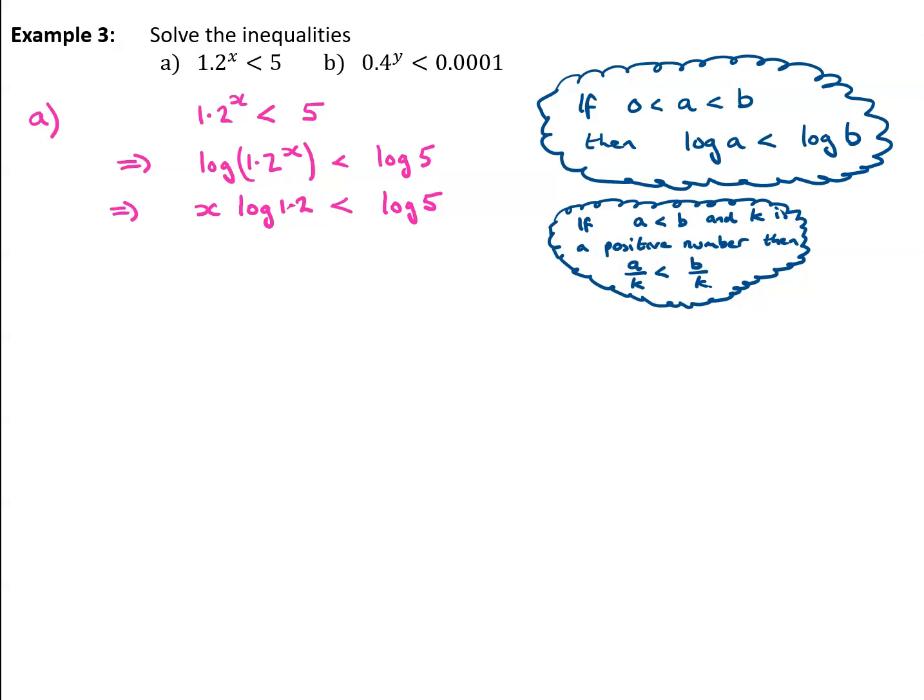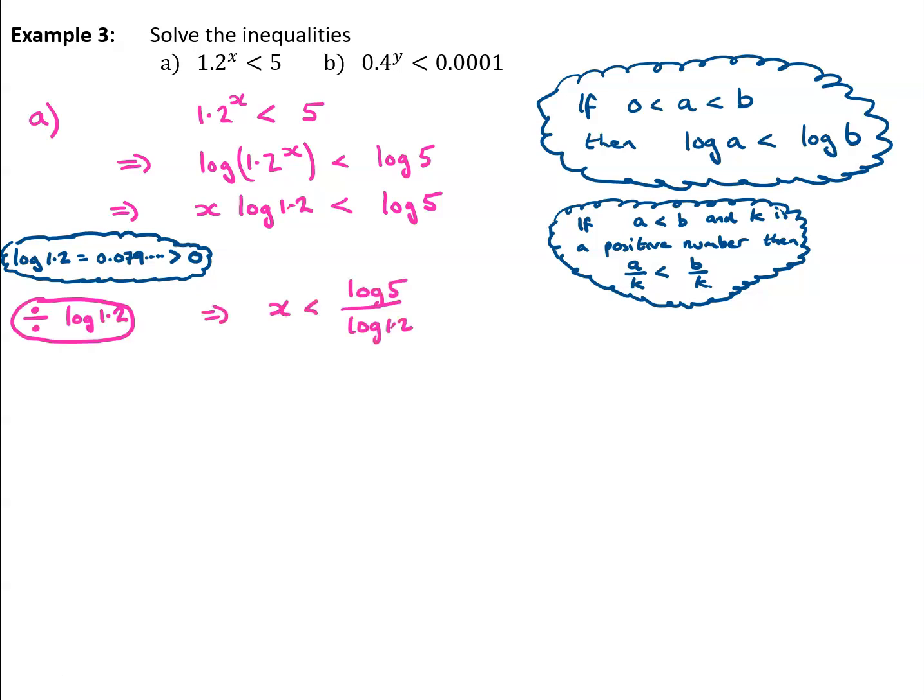Now the logarithm to base 10 of 1.2 is 0.079. And that is definitely a positive number. So I can safely divide each side of the inequality by the logarithm of 1.2 to obtain x must be smaller than the logarithm of 5 divided by the logarithm of 1.2. And just using my calculator now, I've got x is smaller than